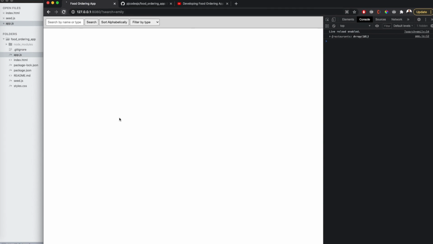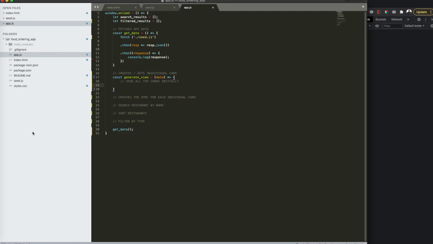Okay, we don't want any old data to persist. That's why we're going to have to basically clear all the cards initially, and then load and render the new data, and we're going to do that in our later functions. Now initially to do that, we have to target our cards